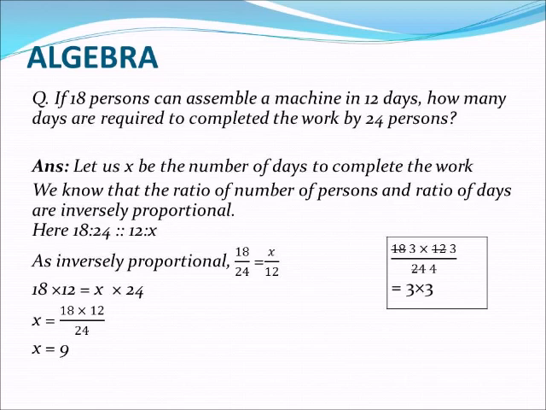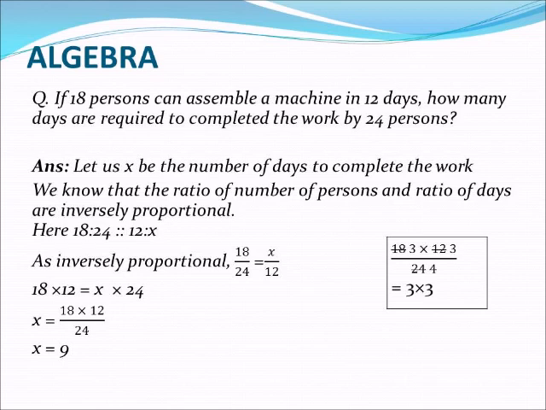Similarly, we can form a ratio here. 18 persons is to 24 persons inversely proportional to 12 days is to x days. x days is the number of days taken by 24 persons to complete the work. As they are inversely proportional, we can write A by B equals D by C. Similarly, 18 by 24 equals x by 12,